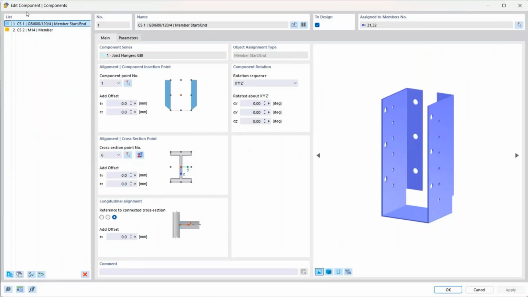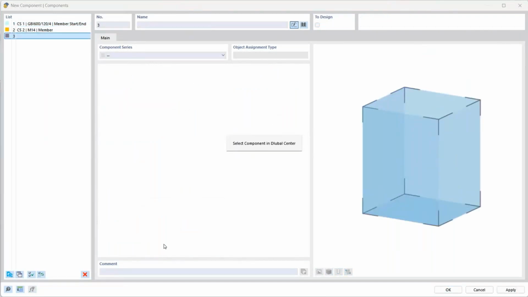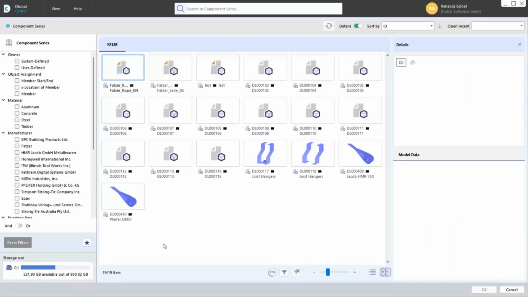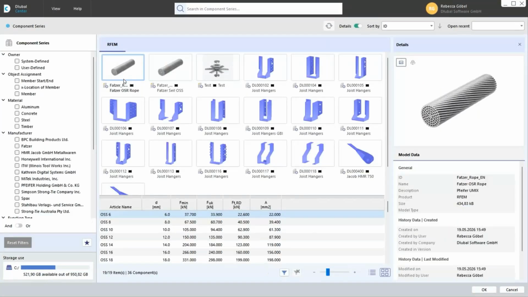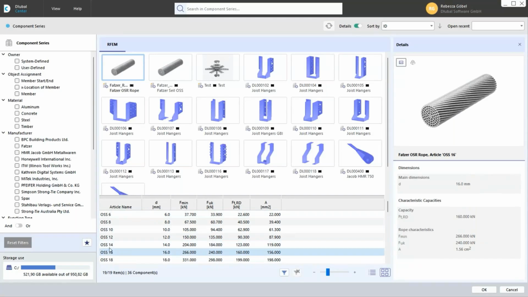So I go into the components dialog, and here I will insert a component from Dlubal Center. And we can see here is our new component series that we just created. And at the bottom, we also see all the different articles in this component series that were part of the Excel sheet, and also the corresponding values. I will choose an OSS 14 for this example,